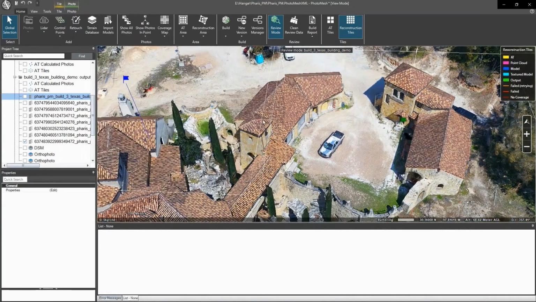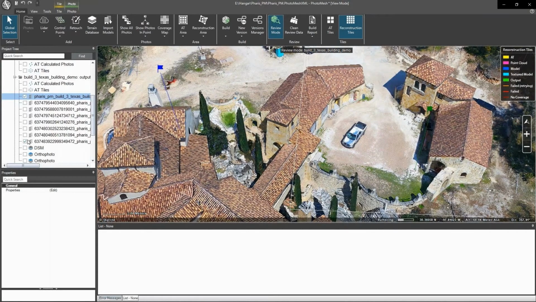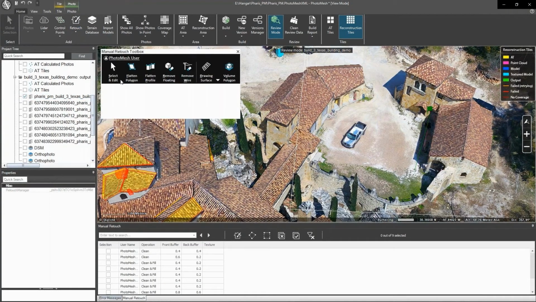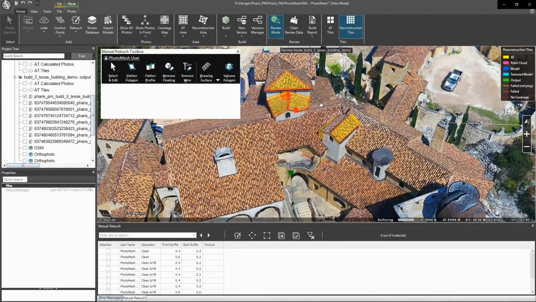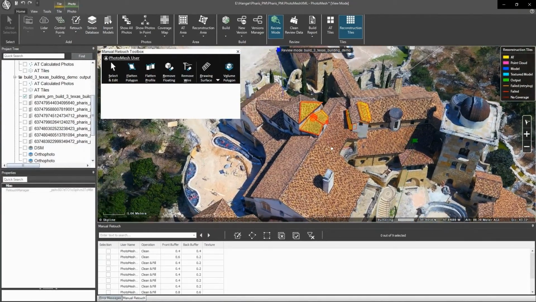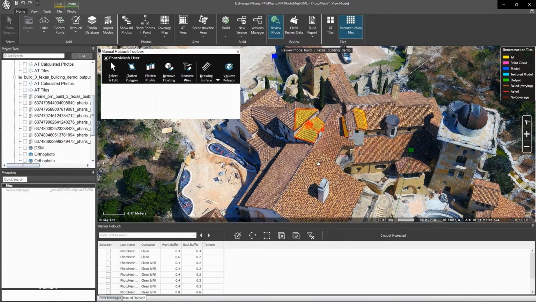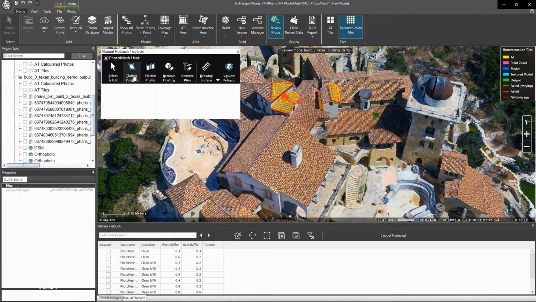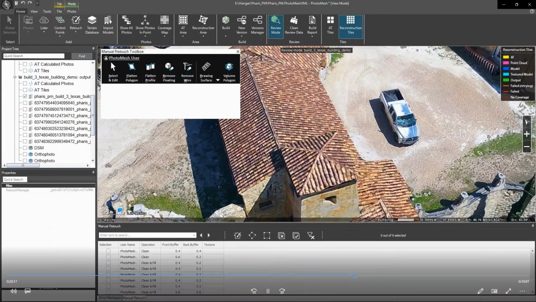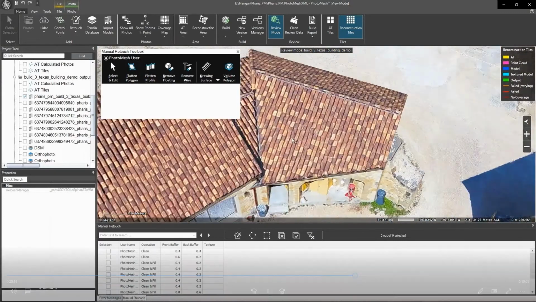Now to look at the manual retouch tool, there's a retouch button here, and you can open the manual retouch toolbox. These are the polygons that were just drawn here as some examples and ways to demonstrate what the tools do. So a flattened polygon, for example, if you want to clean up a rooftop, any sort of roof line,